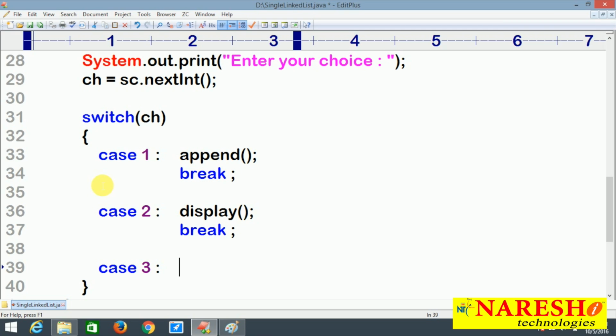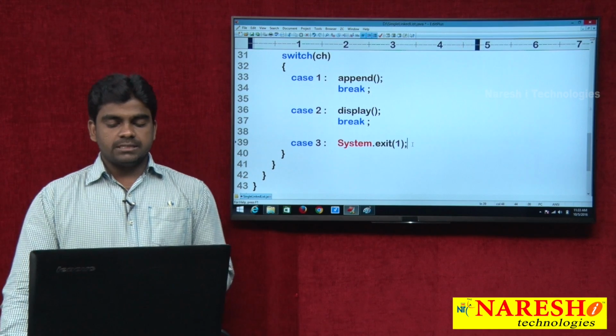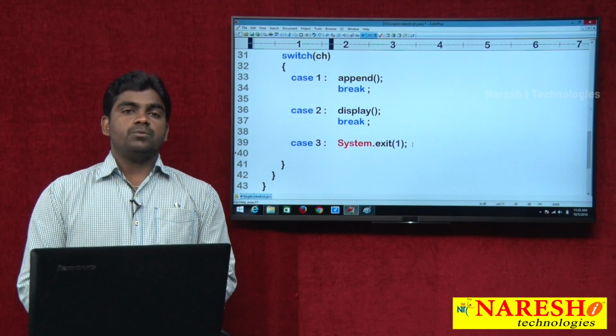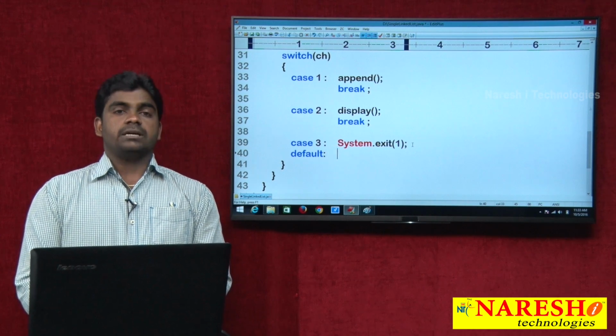So quit is nothing but, in the System class, one static method, the exit method, which expects an integer, we know that. The System class is available in which package? The lang package. In the lang package, the System class has the exit method, so it will send the control out of the program. And next,